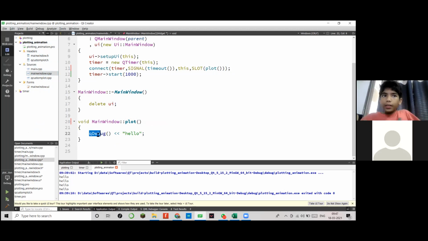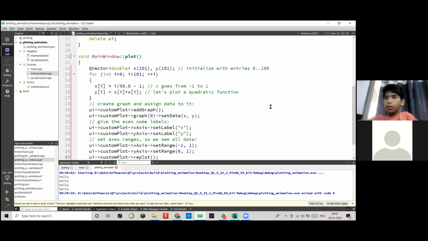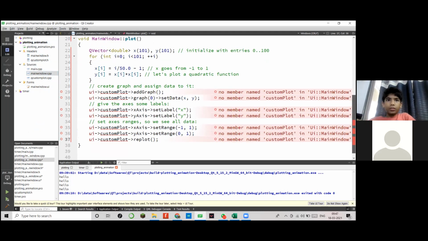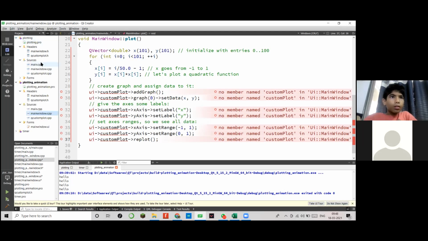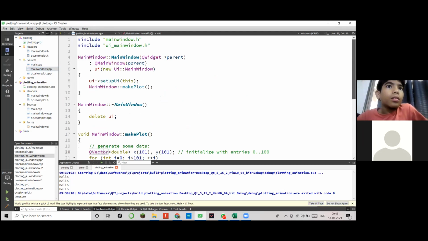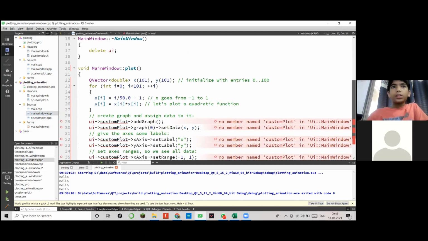Okay. Then sir, here I'll just paste this code. So every second it should do this. Then is there anything else done? Main window make plot. I'll do all that also, sir.